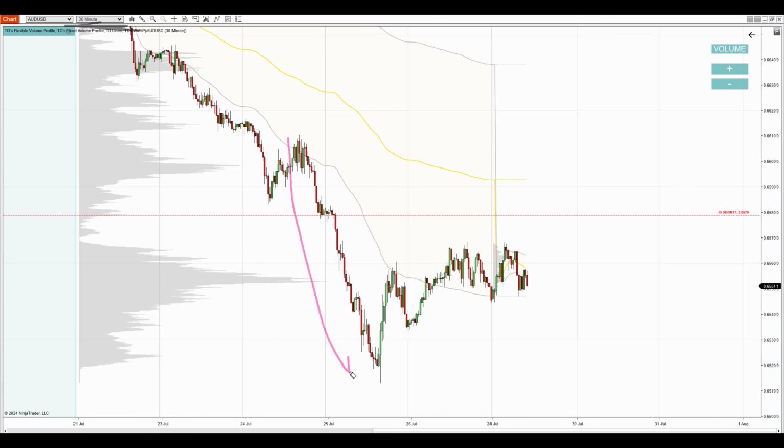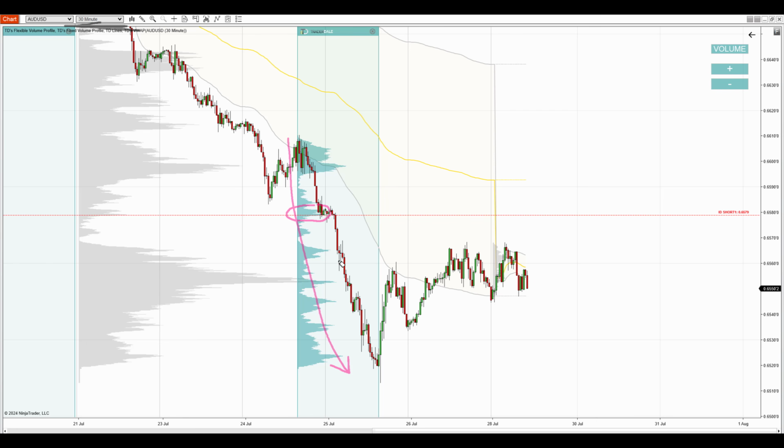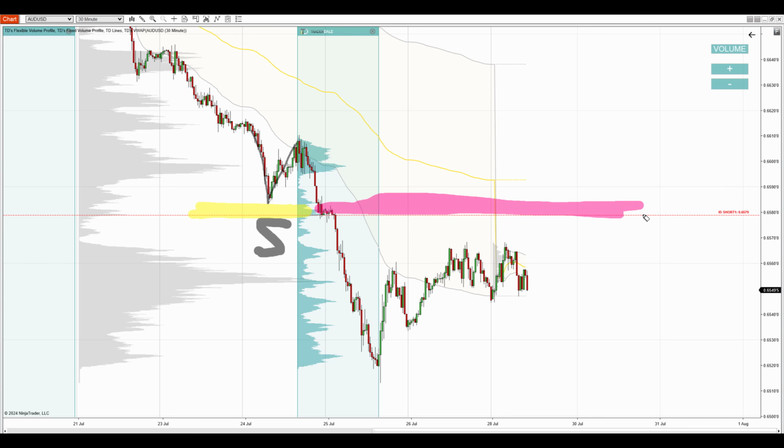If you look here, there was this strong selling activity, strong downtrend. And if you look into the volume distribution in this area, you can also spot a nice volume cluster here. Again, this is not the most prominent volume cluster in this zone, but what adds strength to it is this reaction, which means that this zone worked as a support in the past,